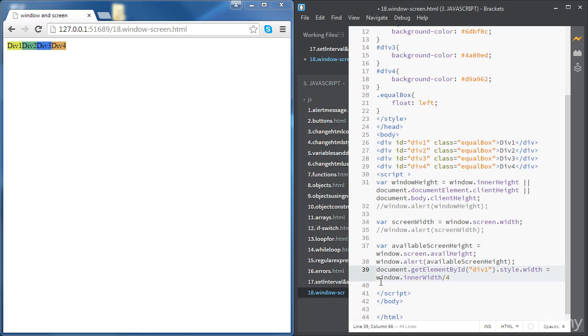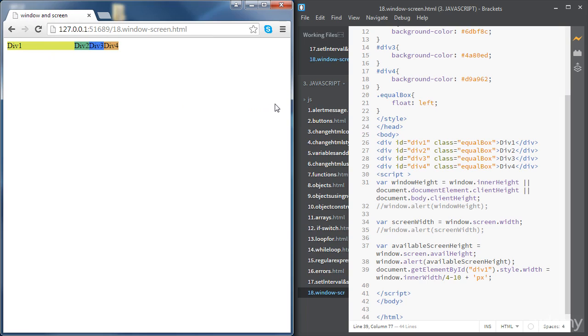Basically, we're gonna take out about 10 pixels because we would like to add some margin later. And we shouldn't forget to add a string here, pixels. So let's see what we get if we refresh the page. Okay, so now we can see the width has changed, and it's more or less just less than 1/4 of the